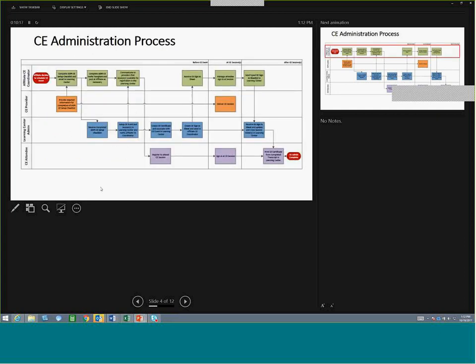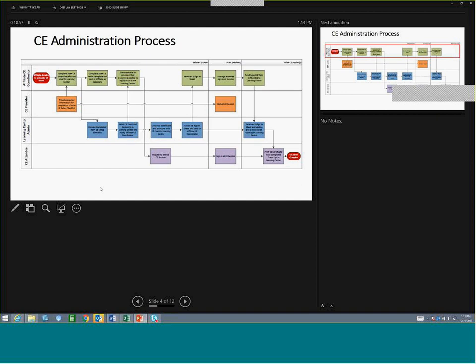Okay, so this is what the administration process looks like. I know this is a bit of a chart, and please don't try to read it. I just want your attention on the 4 rows. At the top is the affiliate CE coordinator. That's your role. All of those boxes in green, those are the responsibilities that you're going to have. We're going to go through each of these responsibilities in detail after this. The next row is the CE provider, the orange boxes. The CE provider is the speaker or maybe a group of people who are actually delivering the CE. So speaking, if it's a speaking event.